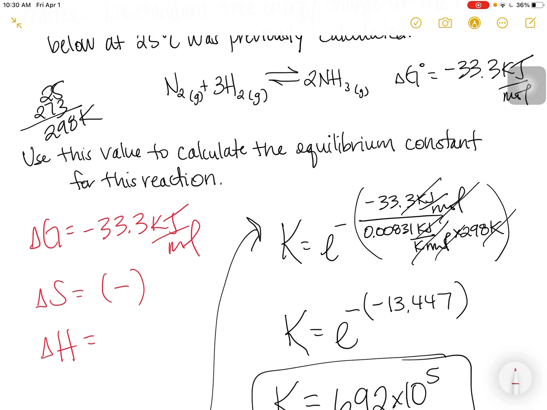So we learned yesterday that a negative value for delta S does not favor spontaneity. So delta S is doing this reaction no favors in driving it toward being spontaneous. However, delta G is still negative, and it is spontaneous, which means it must be carried by enthalpy. So delta H in this reaction must be the one pushing this reaction toward being spontaneous, and the only value that delta H can be to favor spontaneity is negative. So this reaction must be exothermic because this is an enthalpy-driven reaction. Because this reaction is spontaneous, one of the two has to carry it at least. It's not entropy, and so it must be an enthalpy-driven